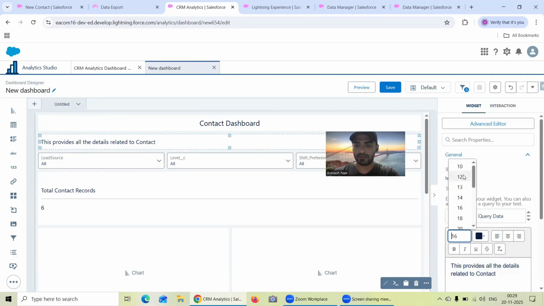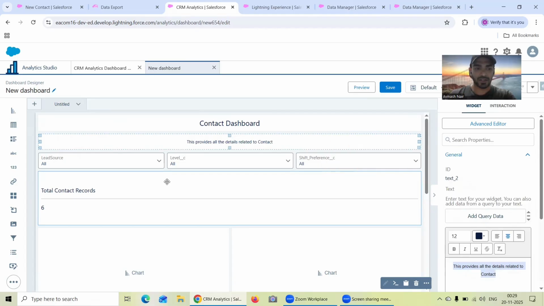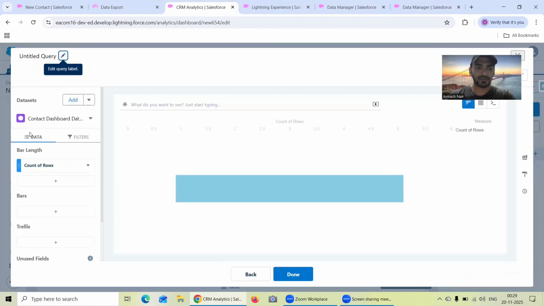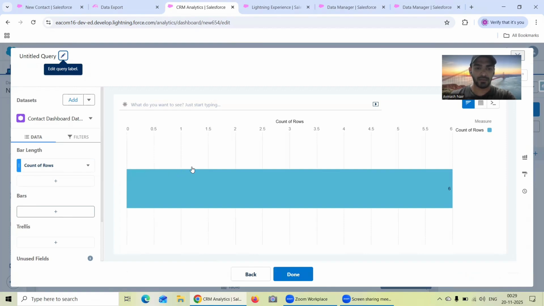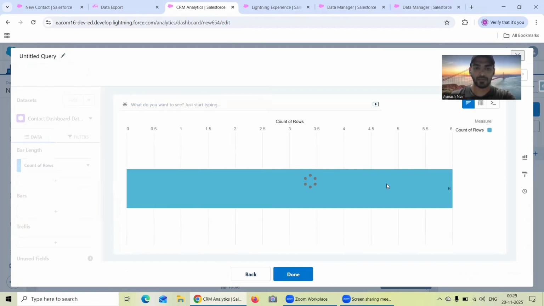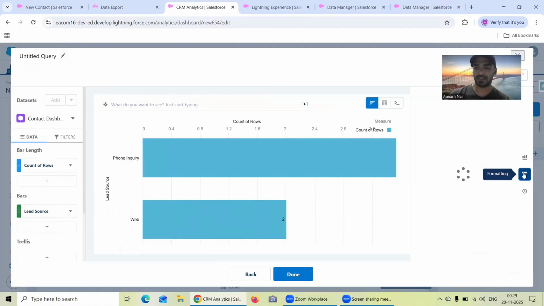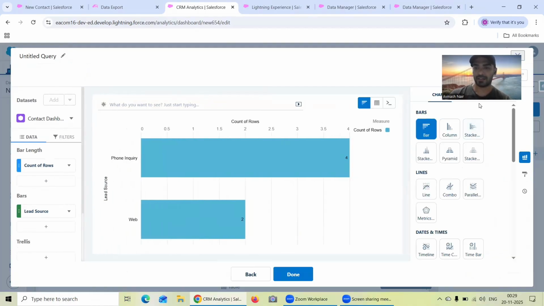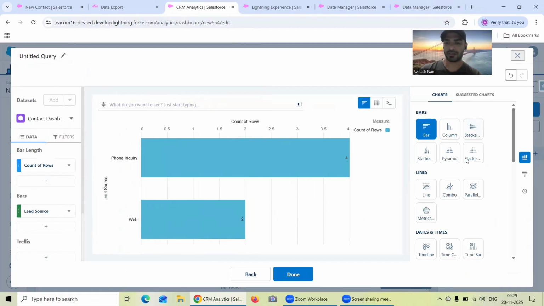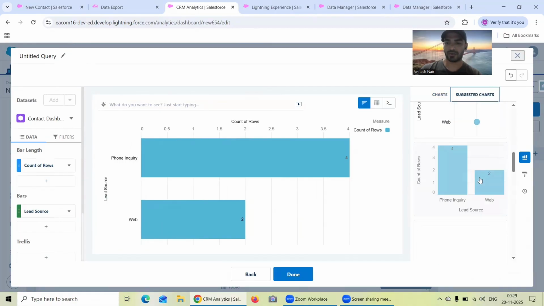Make it as 12. Yeah, I think this much is fine. And yeah, I have provided all the filters, which is fine. Here I can go for something like maybe lead source only. Okay. I can take the help of the suggested chart option, which is available over here, to ensure it looks much more proper. So